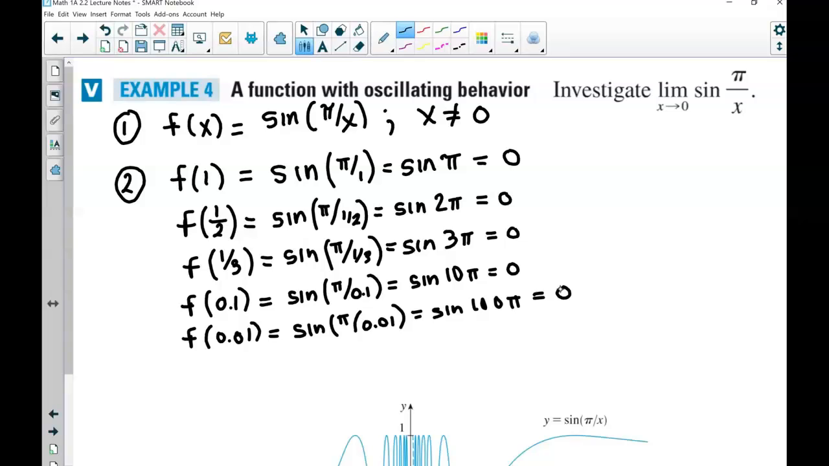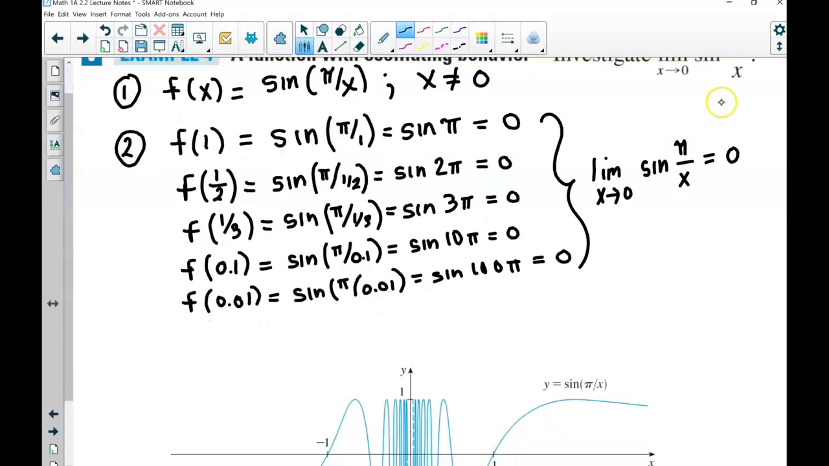Now, if we continued, and continued, we would see that regardless, you're still going to get 0. So by looking at these scenarios and guessing, we could be tempted to say that the limit as x approaches 0 of the function sine of pi over x is equal to 0. But in this case, our guess is actually wrong, because notice that